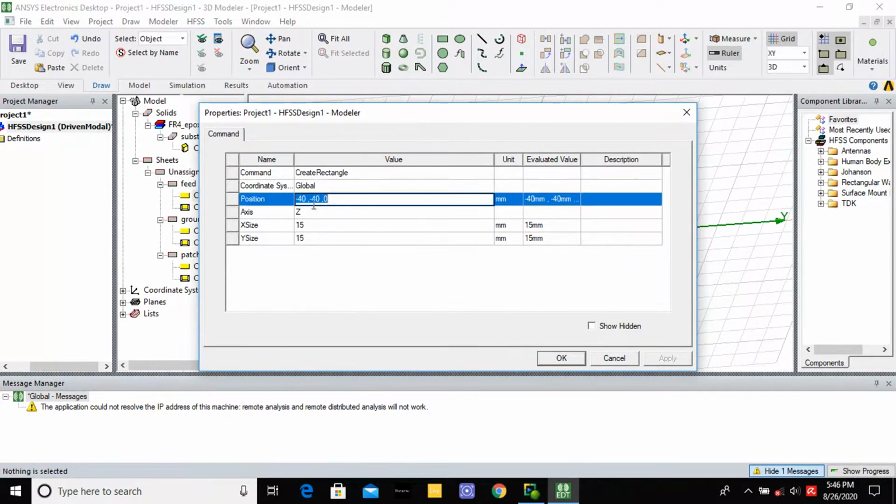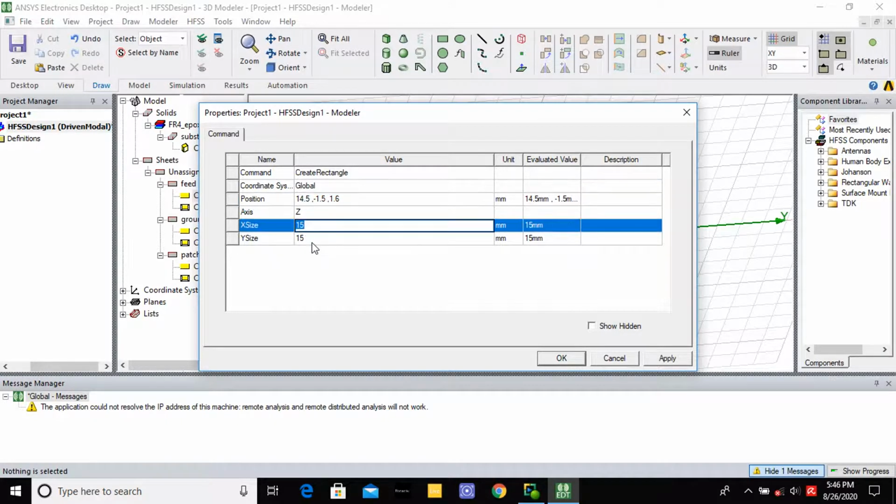I am going to give the position 14.5, meaning from the x-axis 0, the location point is positive 14.5. The y length is minus 1.5, and 1.6 is the height of the substrate.